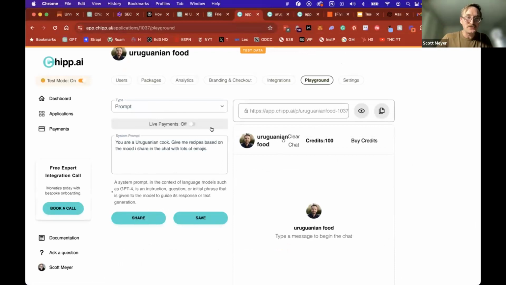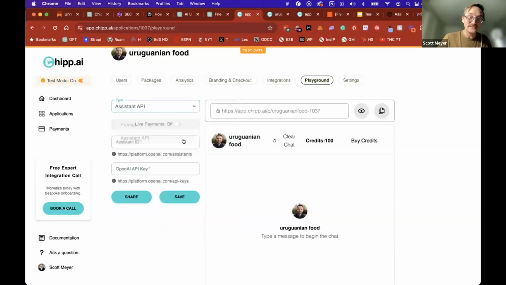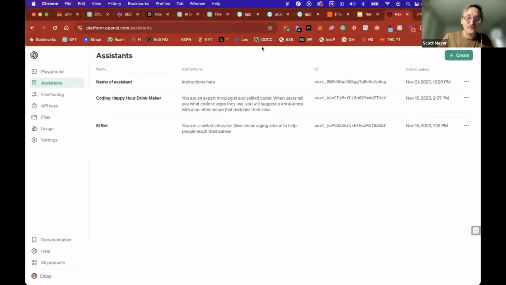Now there's one other option that I'm not going to have you do live, but just to show you, we can switch over to the Assistance API. So what this is now you're building right on OpenAI with your own files. So not only are you prompting it, but you're actually giving it data, kind of like Matthias mentioned, that might be information it doesn't have, right? So that could be like a textbook that you wrote, or it could be a report that you have internally, or it could be the way that you write emails. And you can build these right on platform.openai.